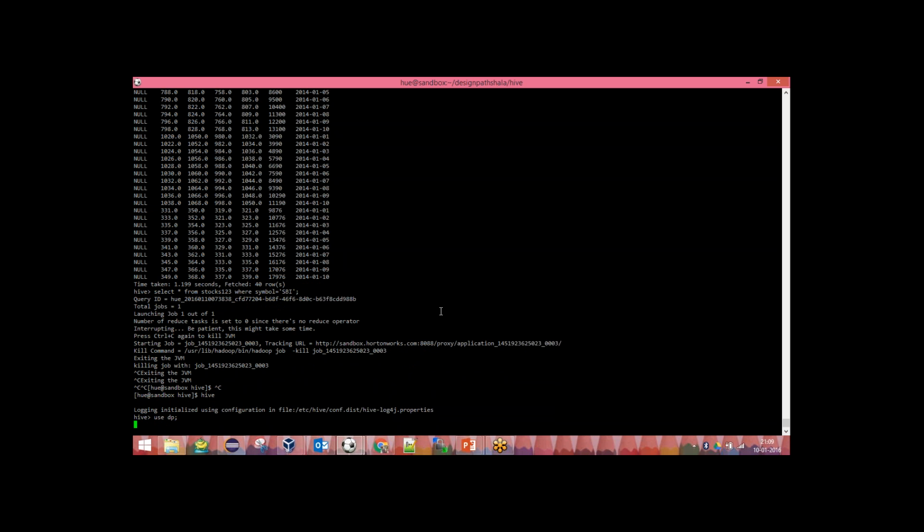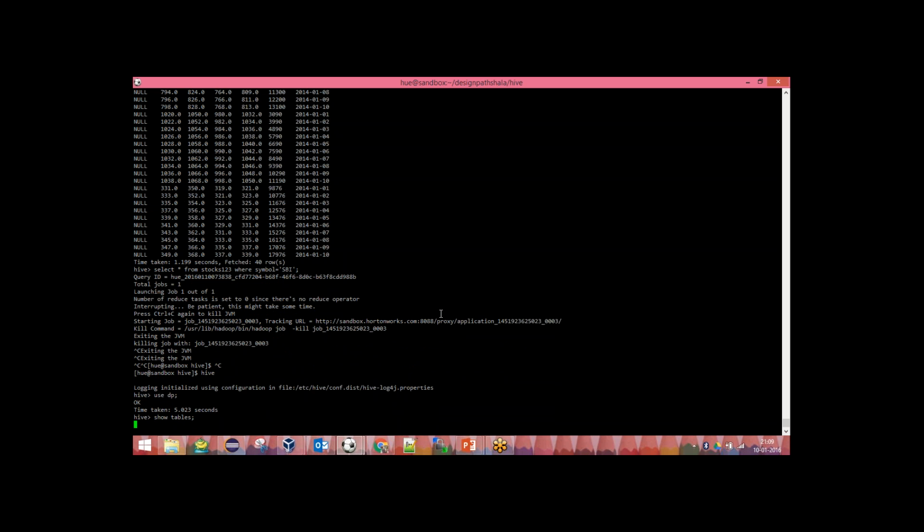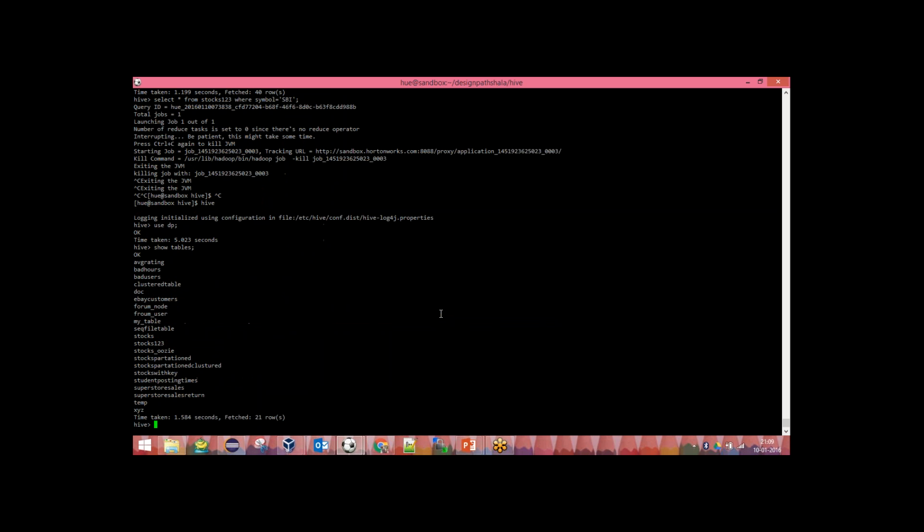So I've switched the database to the Pathshala one from the default one. Then if I say show tables, it will show me all the tables inside this database. So they are the tables I showed you yesterday, with their folder structure. So if I say describe, let's say, stocks partition,